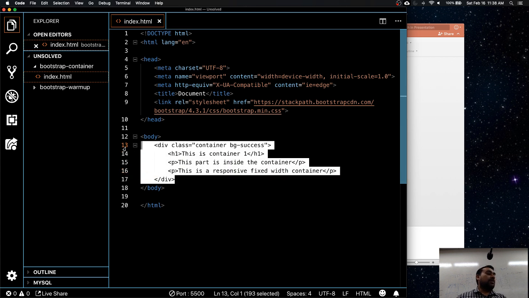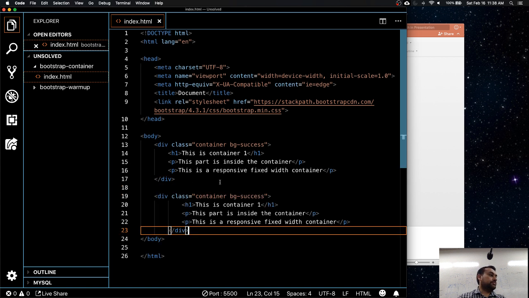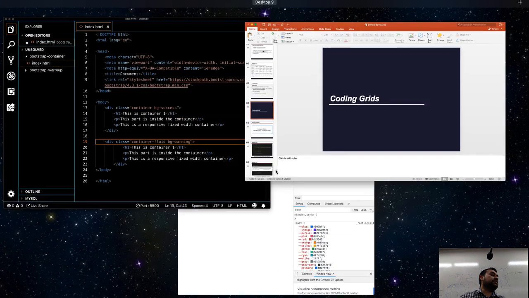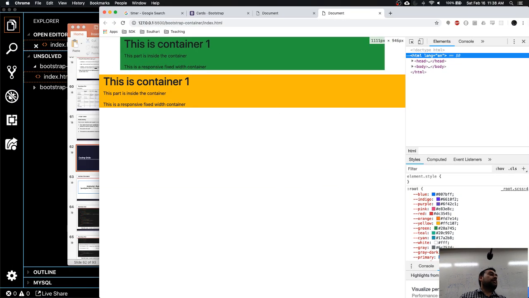Here's a quick thing, and please don't do this, just to show you guys. The question was previously, I think Bree asked, and Reggie was also asking, can I have 2 containers in my page? You can, but don't have 2 containers. From the code perspective, you are allowed. You can do whatever you want. But you will give a heart attack to UX people if they see you have 2 containers. Why would I have a container which is this and then have this? The reason I'm showing it is so you can compare the fluid and the regular container and how it changes, but you don't have to.